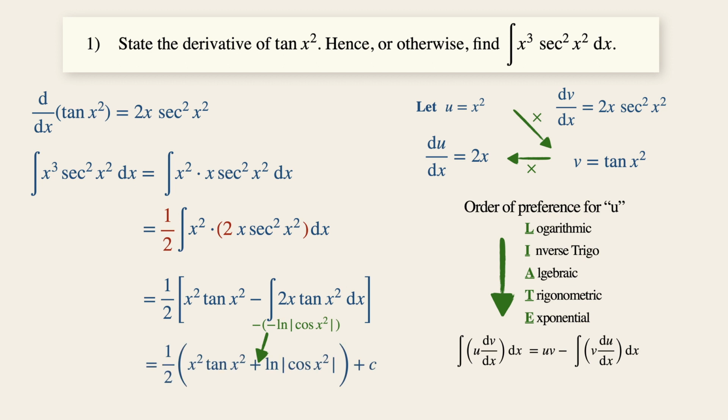Now I've also prepared a generic formula for you if you like to visualize how it was performed. So there you have it. This is the integral of x cubed secant squared x squared dx. It's quite a mouthful. Don't forget to put a plus c, which represents an arbitrary constant, because this is an